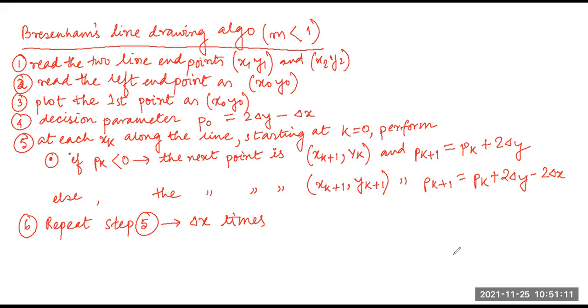First, given any algorithm to you or any line endpoints to you, we need to learn why we are learning the Bresenham's line drawing algorithm. What was the problem with the DDA line drawing algorithm? There was no such problem with DDA in terms of correctness, but in terms of the time being taken, one basic problem with DDA was that endpoint accuracy is a problem.